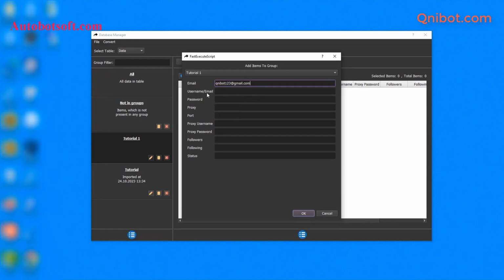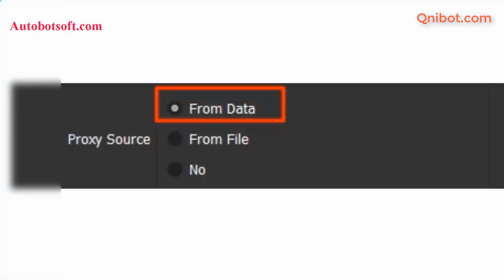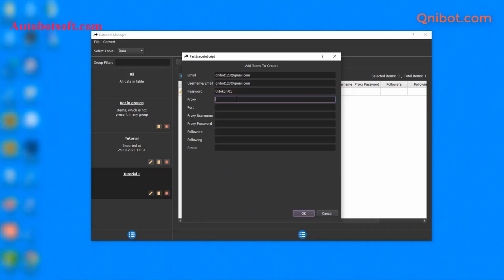Next is the username of TikTok accounts. Next is the password of TikTok account. Then you click OK. In case you select from Data a proxy session, you need to import the proxy's